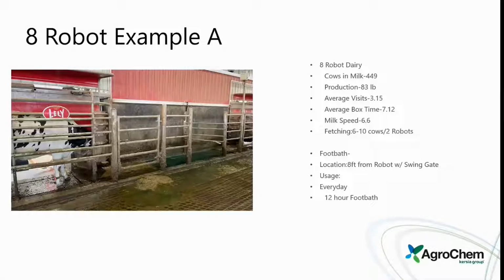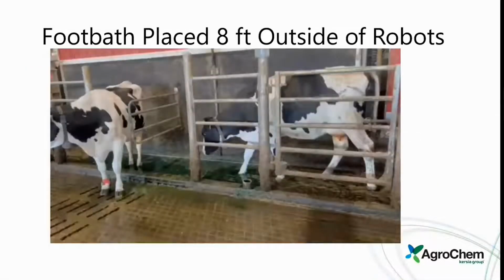So if we move forward, as the cow moves forward, we can run this video and you can watch what happens here. You see that swing gate that's in between there. It's really important to have that swing gate in there, because if not, the cows will tend to stand in that foot bath and then block the system. So that swing gate helps the cow coming out of the next robot. As you can see here, it'll actually end up pushing the next cow. You'll notice